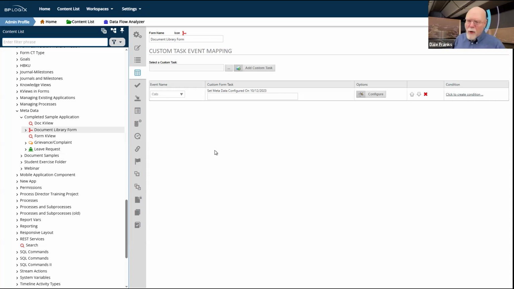And so for a custom task like set metadata, I think that decision is largely up to you. The important question to ask is, do I want the user to see this happen or not? If you want the user to see it happen, then you probably want to call the custom task from the form. If you don't want the user to see it happen, or you don't care whether the user sees it happen, you can just run it from the process timeline.